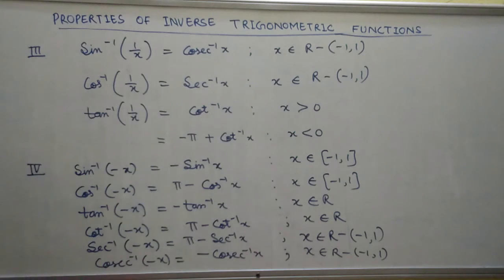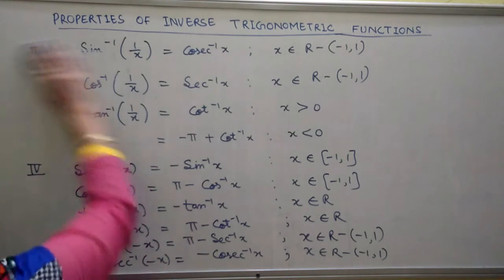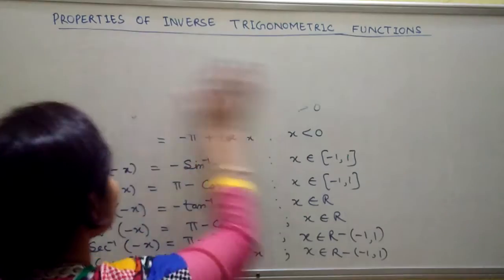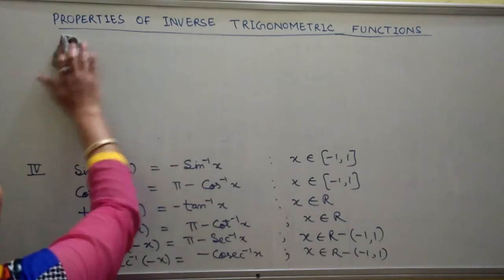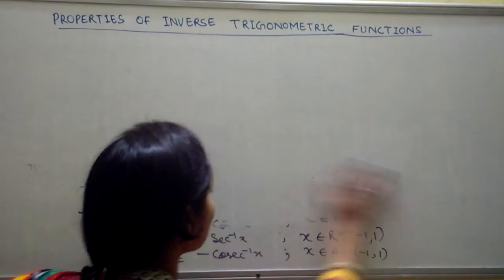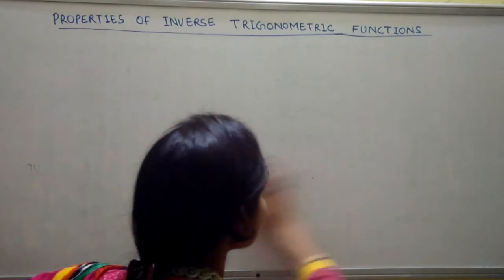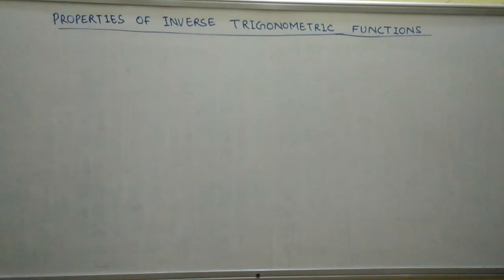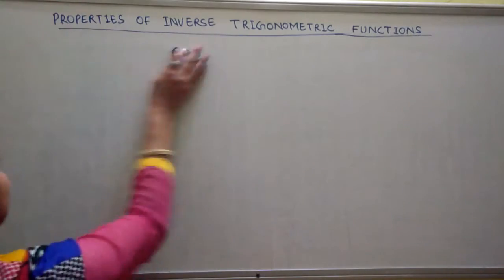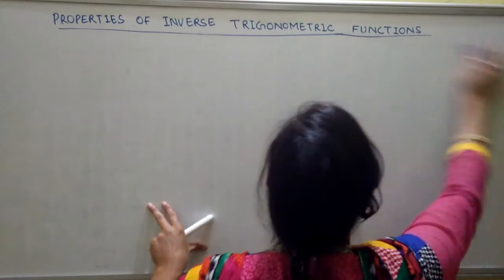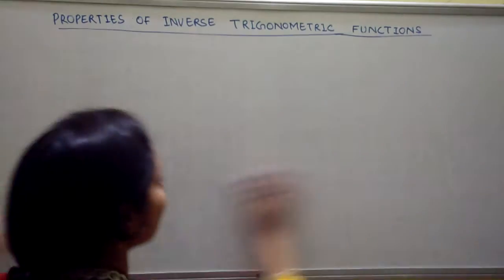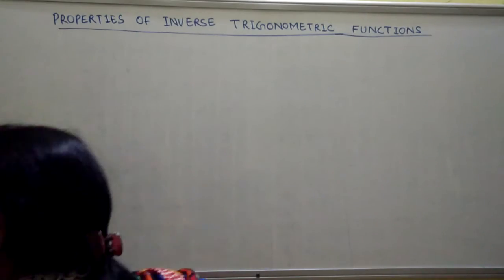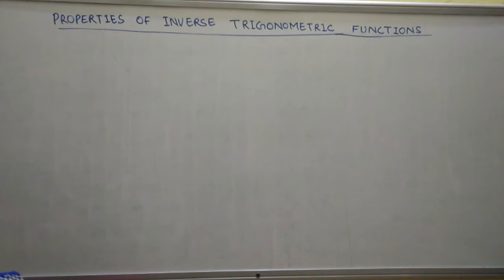Come to the fifth, sixth and seventh properties; there are three properties left. So we have to learn these properties. These are very important properties. You have to learn them for your chapter. To make your chapter perfect, you have to learn again and again, like you have done in class 11. There are 22 formulas in class 11th trigonometry. Okay, now come to the fifth property.